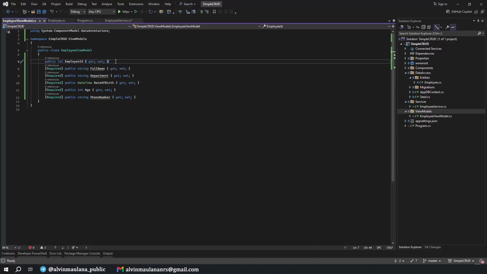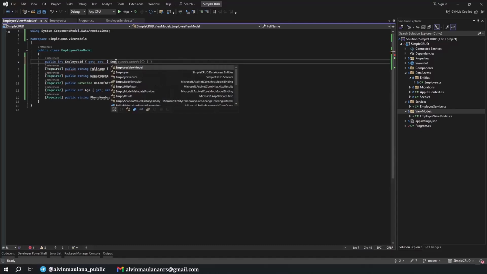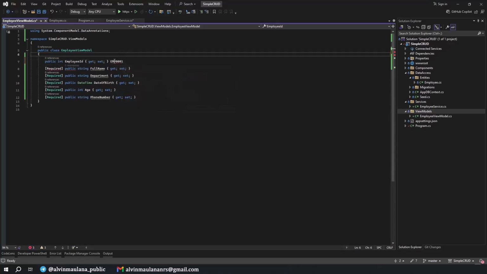So instead of showing the employee ID as 1, 2, 3, something like this, I want to show the employee ID like EMP0001, for example. But I don't want to store this value in the database. I just want to show this employee ID to the user.